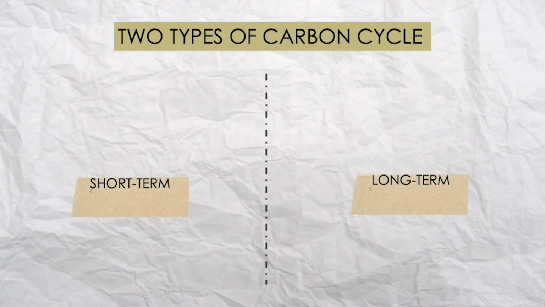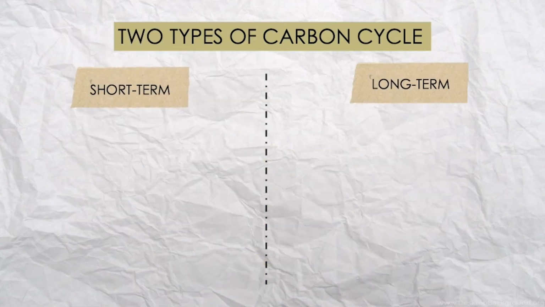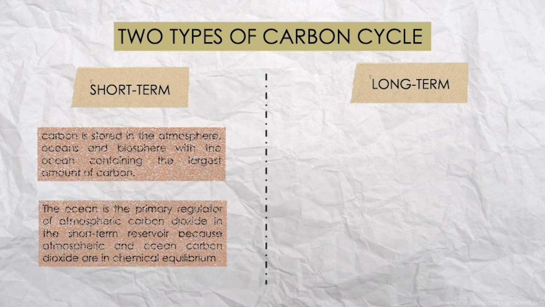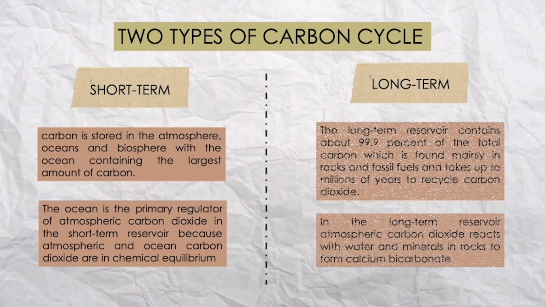The carbon cycle can be classified into two types based on the duration of the process: the short term and the long term. Short term. This type occurs within a relatively short period of time. It is named as such because it takes just days, months, or years for carbon to flow across the various carbon reservoirs. Long term. This type takes thousands of years to occur. The excess carbon from the short-term cycle is stored for a long time before it is released.